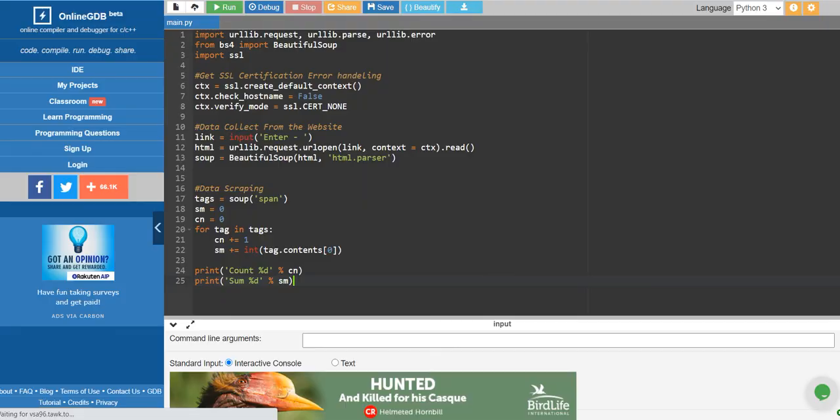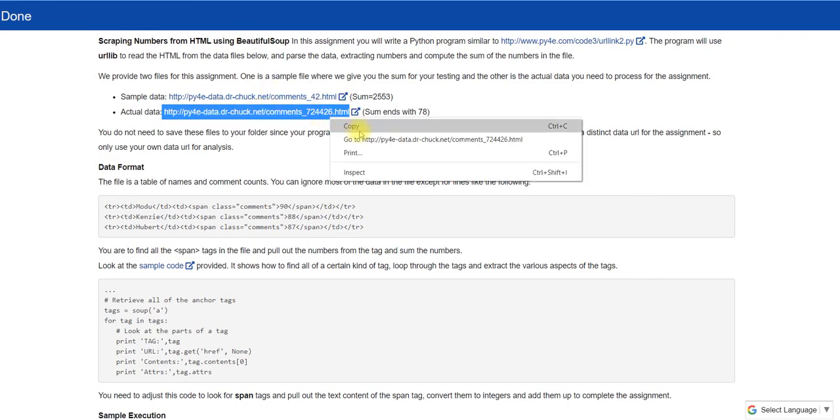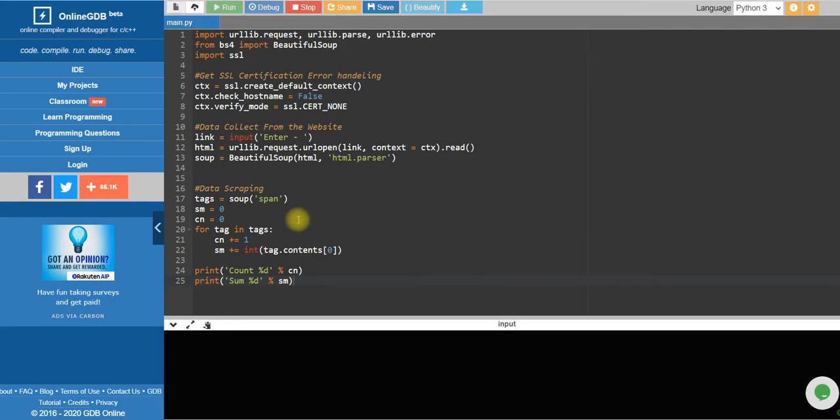Control V, again I will go, I will copy this. Okay, I will come back, I will run again and Control Shift V, I will paste this, enter. So this may not run one time, two times, three times, five times. This happens. This will happen.